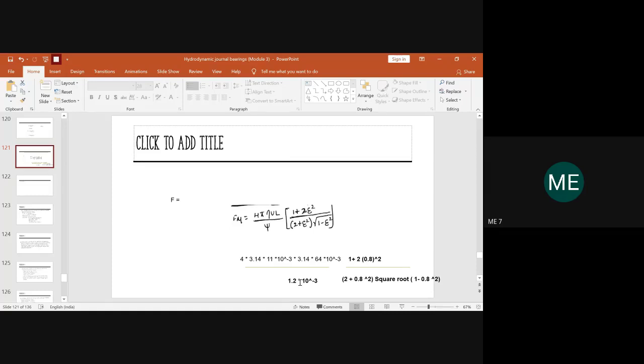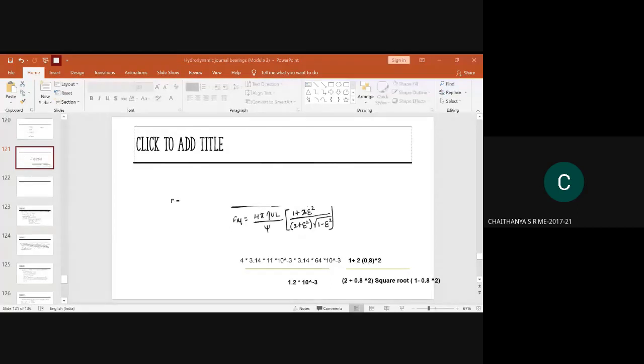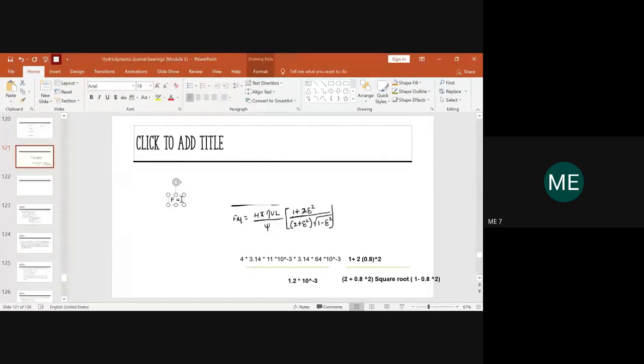Chaitanya SR. Yes, ma'am. Does it take so much time to calculate? I'm getting wrong answer, ma'am. How much you are getting? 33.33, something like that. Okay. Others, what about others? Only Chaitanya is answering. What about the others? At least you should tell me how much you're getting, right?